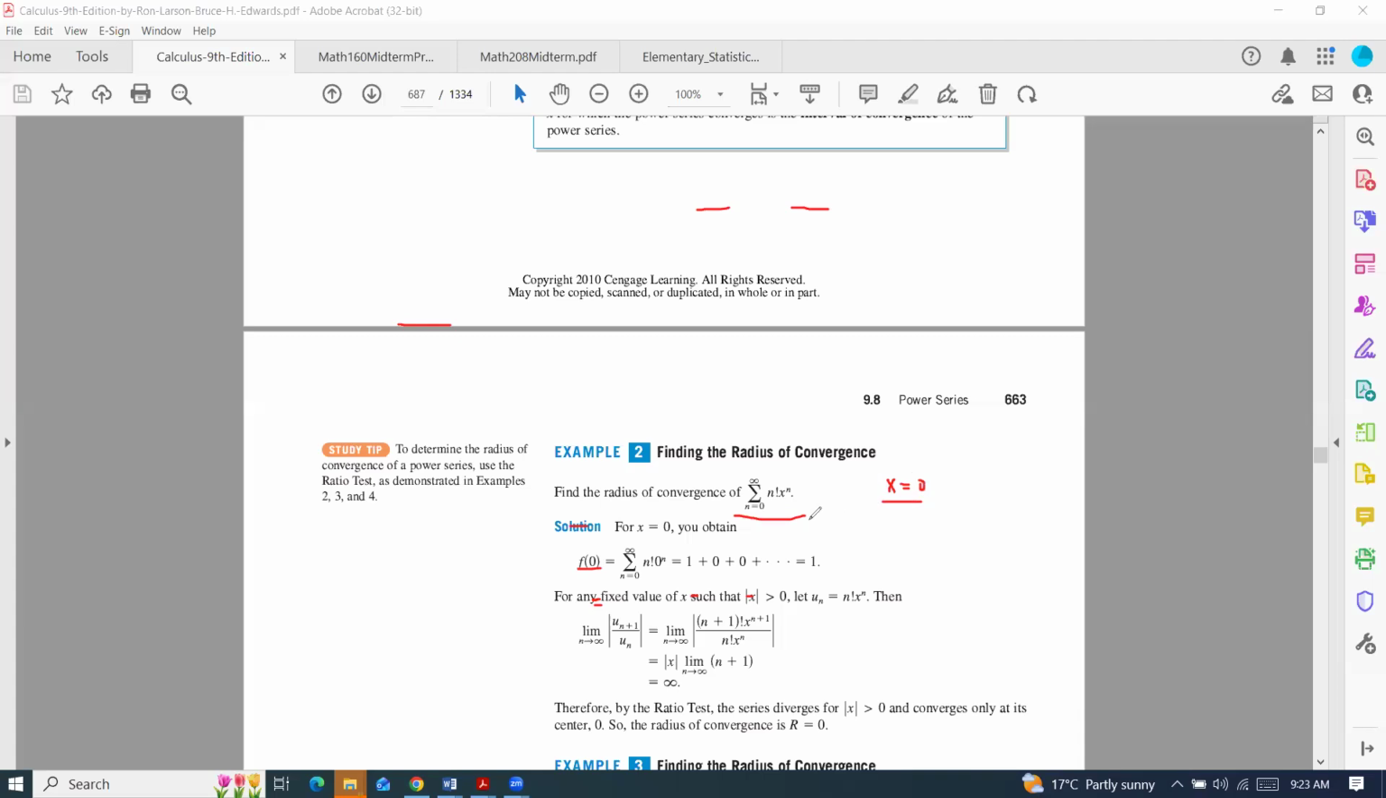Well, if x is equal to 0, then you're going to end up with a series n factorial multiplied by 0, which is the sum of zeros, because times 0 means 0, right? So sum of zeros, and this is 0. So the series is going to be convergent. But it depends where it starts. So if it starts at